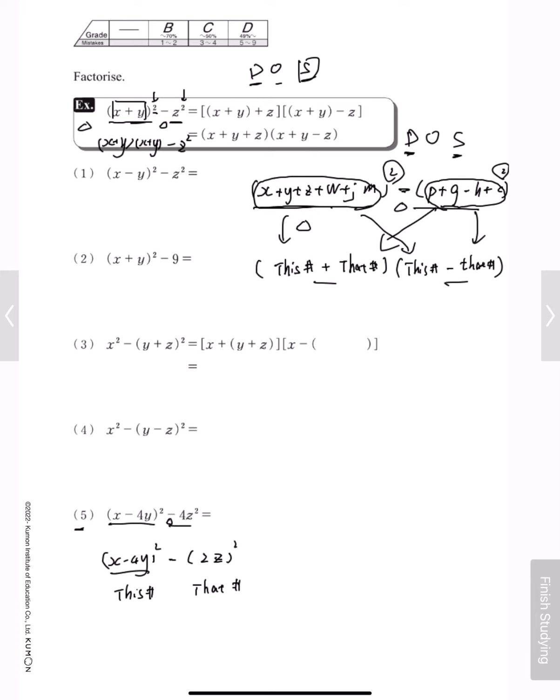So this number, x minus 4y, plus that number, 2z, and then this number, x minus 4y, minus that number. And that's it. Really, that's it. I had two terms multiplied together. No problem. Using the formula, right? Okay, now